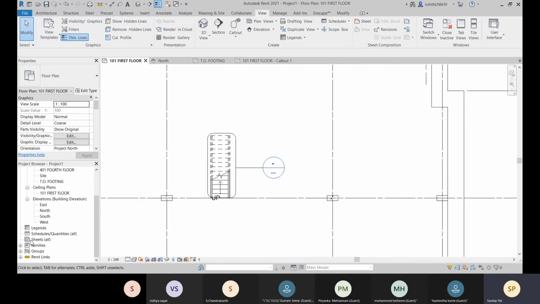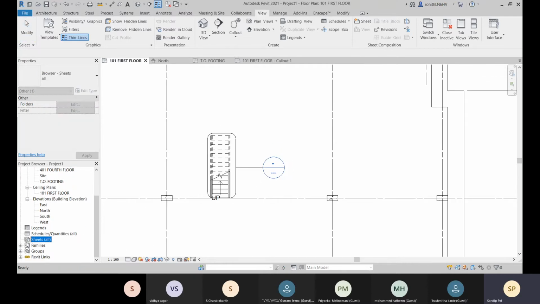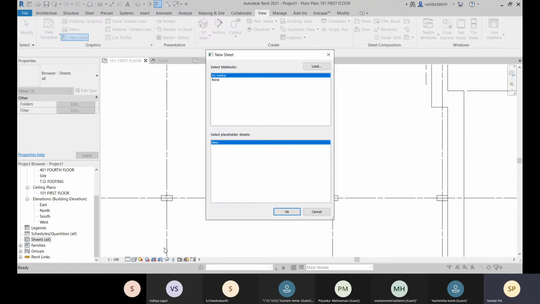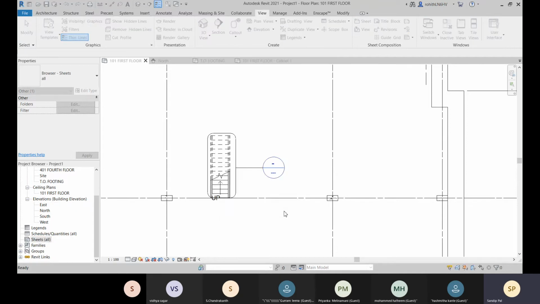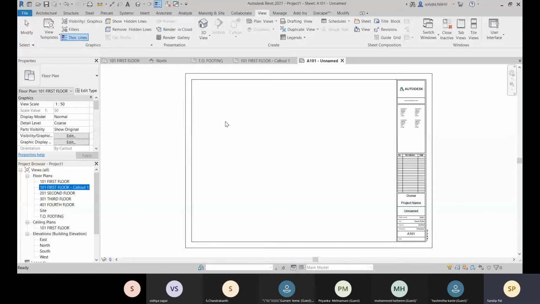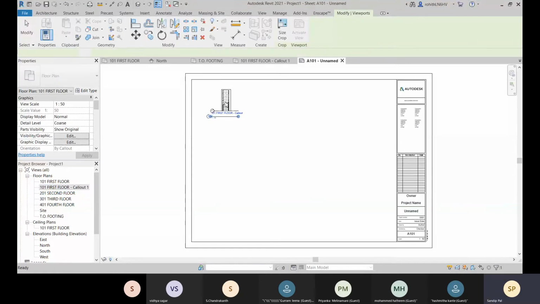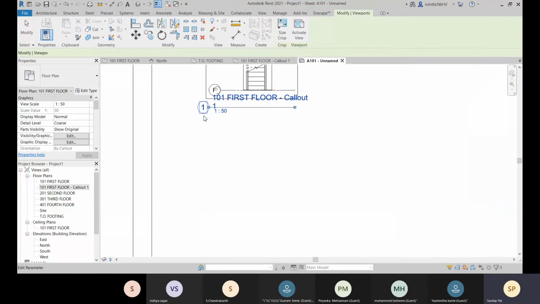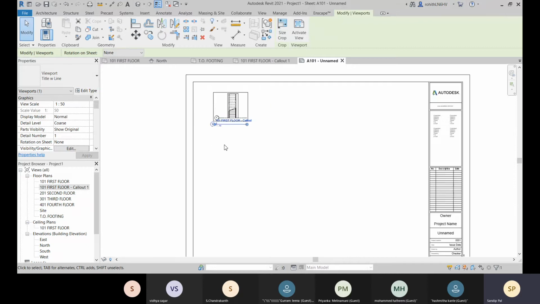So when you place this, let's go to any sheet and let's create any new sheet, and let's go with this default A1 metric. We will come to this sheet option later. So let me place it. I'll simply drag and drop, and here you can see that this is your first view within this sheet.